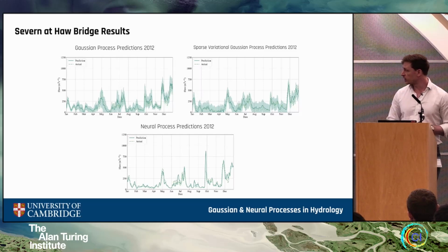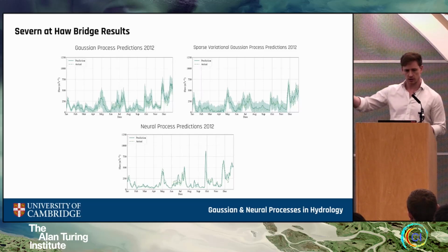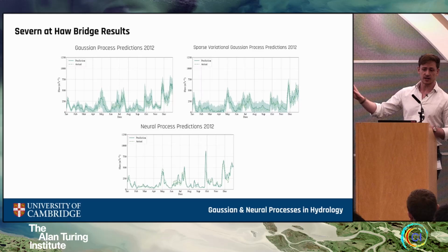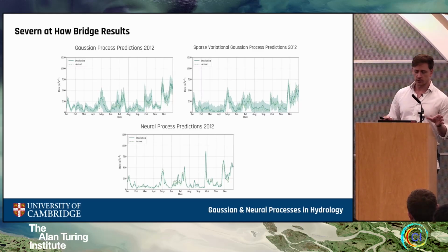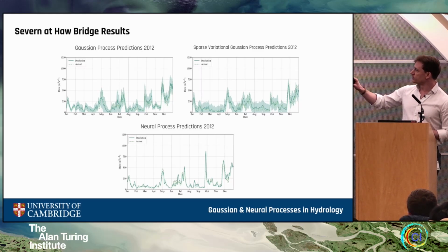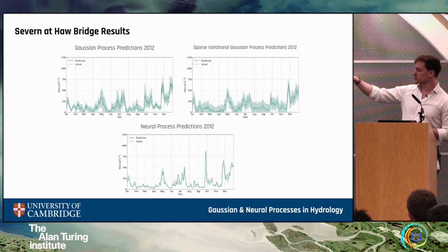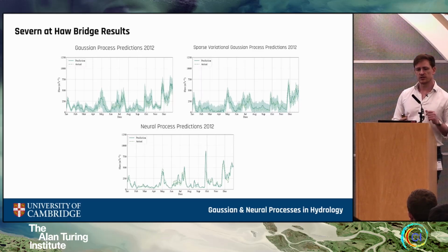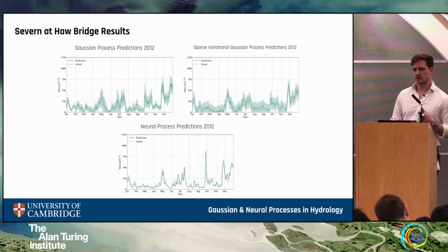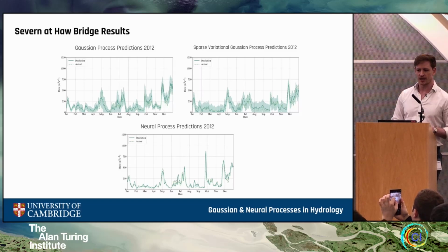So for each of my 3 rivers, I'll go through the results for a sample year in turn, very quickly, mind you. And they're all pretty good, but they're good in slightly different ways. What I've got here is the Gaussian process and then the neural process, and I've also thrown in something called a sparse variational Gaussian process. The reason for comparing this in addition to the other two is to do with computational complexity. With modern computing, this ends up being a relatively minor issue, given the size